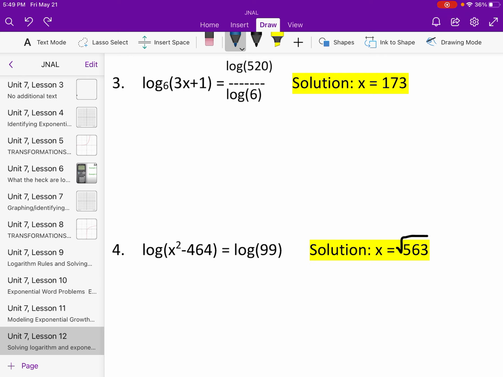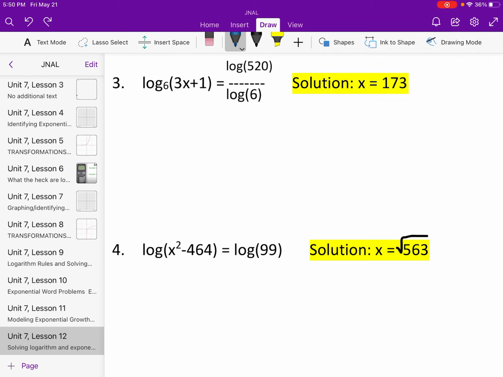So, I don't know if it wanted to do log 520 divided by log 6. Okay, that's not a very good number. That's not exactly solvable. I think